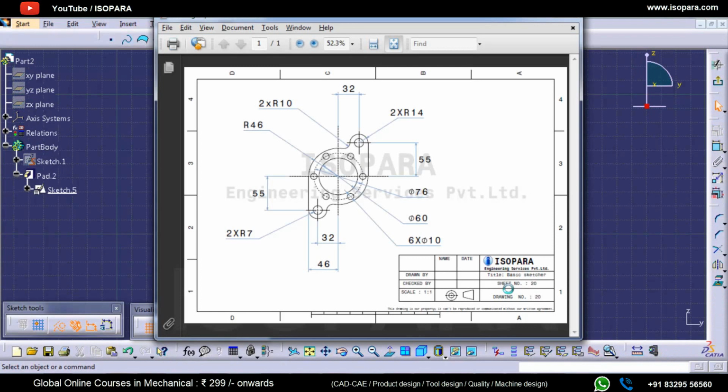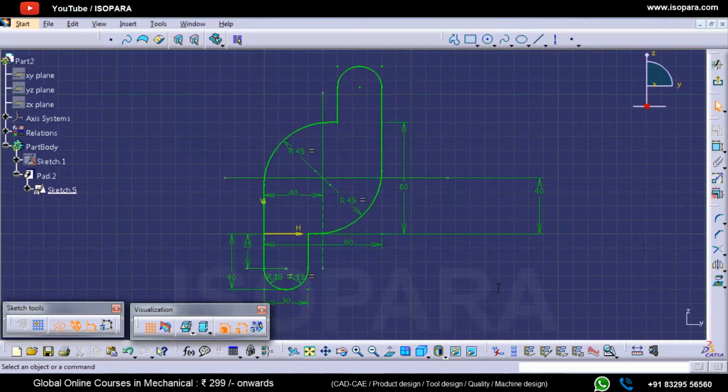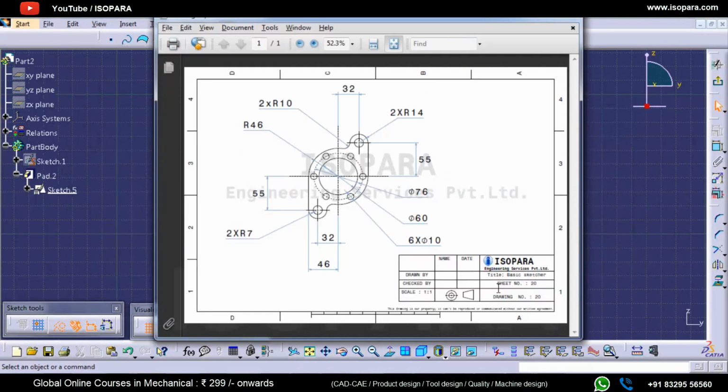Now I am planning to make a sketch like this. This one is my sketch which I have shown you initially, and right now I am planning to make this one. So here are 6 circles inside here basically.